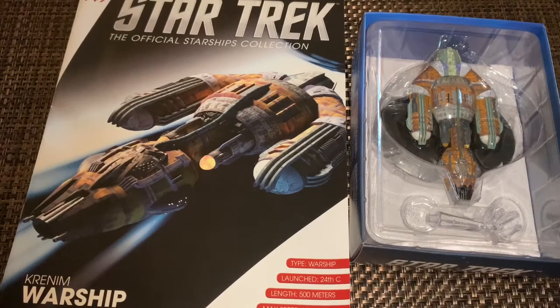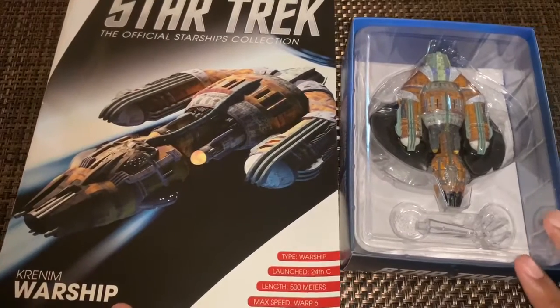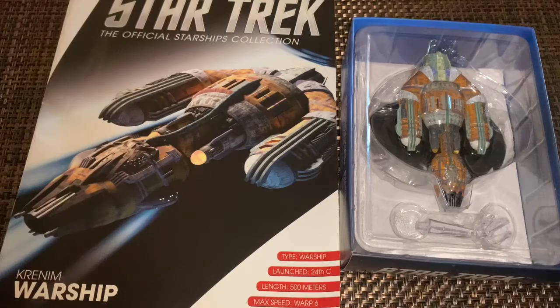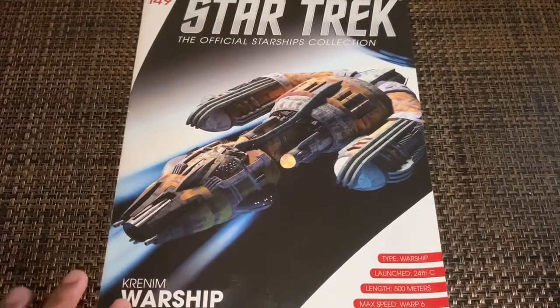Welcome back to yet another Star Trek Starships collection review, another quarantine edition, this time featuring issue 149, the Krenim Warship, seen from the Star Trek Voyager episode Year of Hell parts 1 and 2. And as you can see, I have a ship and a magazine, or a model and a magazine. So I'll put the model aside, just get it out of the way like that, and we can dive right